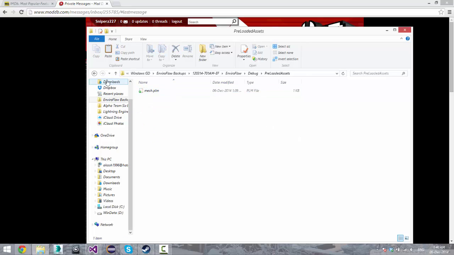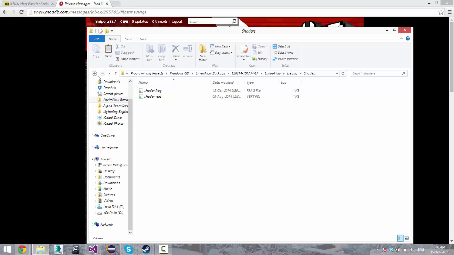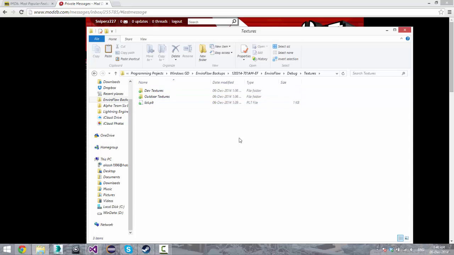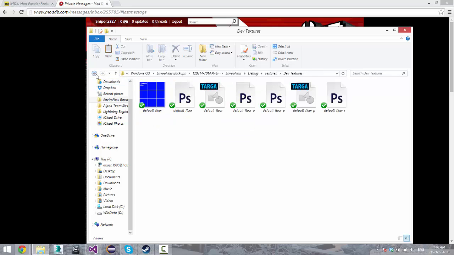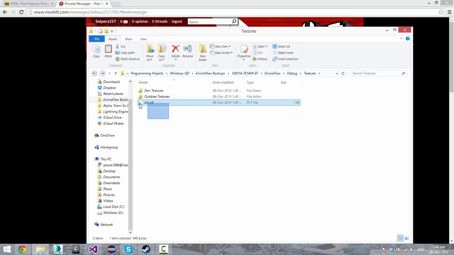This folder contains all the preloaded assets, which you will need to know. This one contains shaders, which is not fully implemented, so you also won't need to know that, but this one contains textures. You could either paste your textures in here, or make a folder and paste them in there, like I did here. Note, do not delete that list.plt